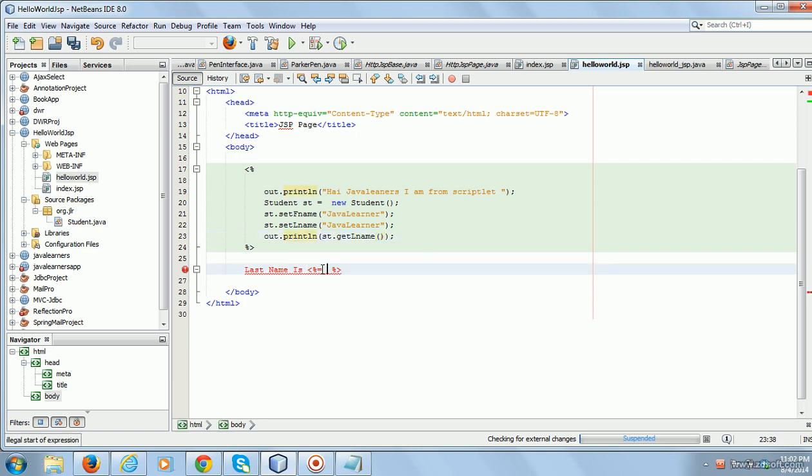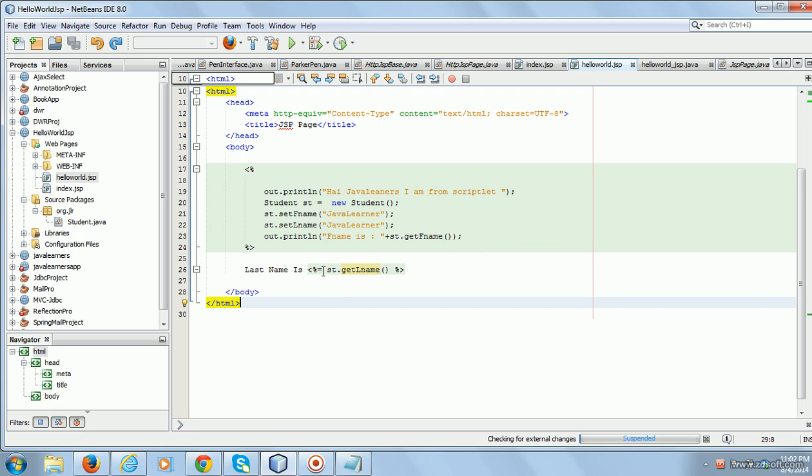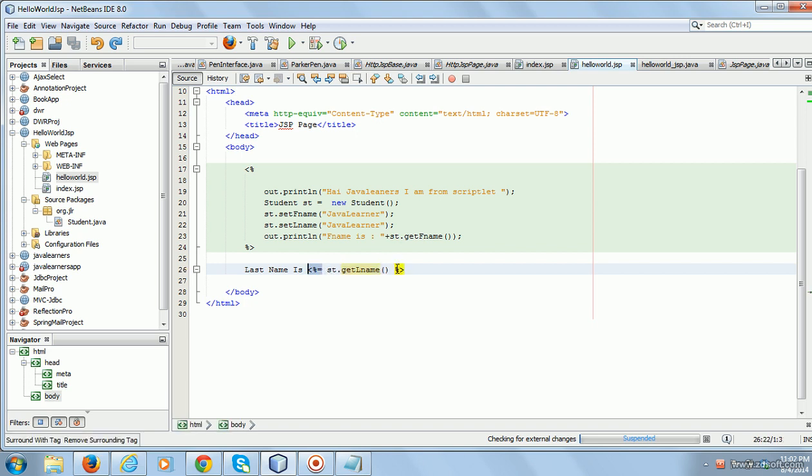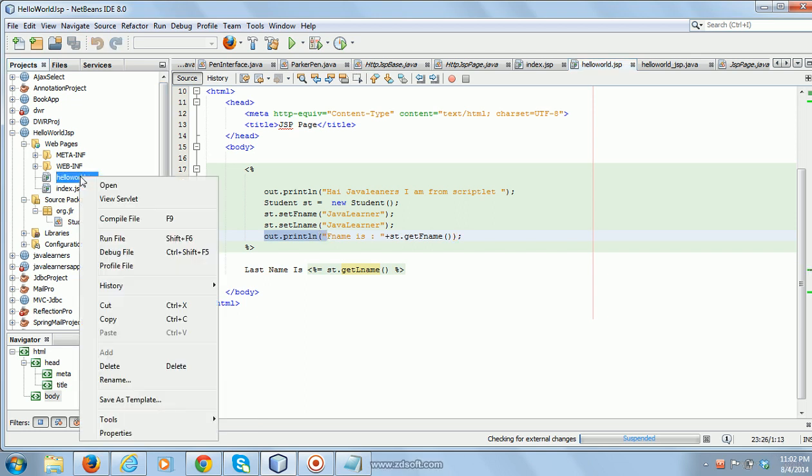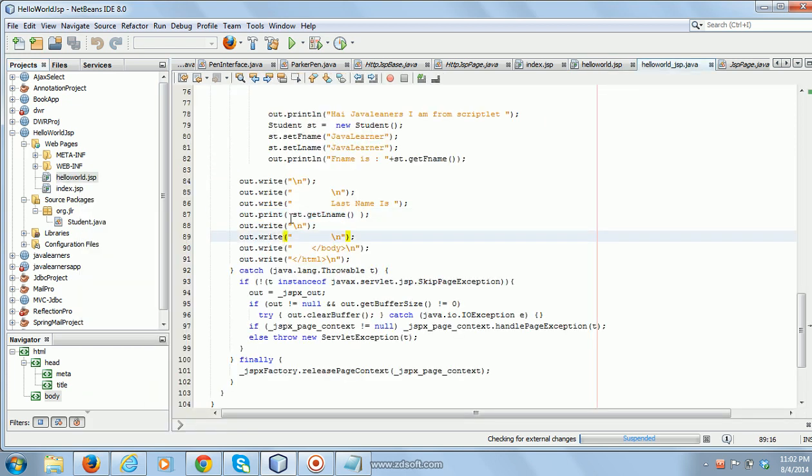This line is equal to this line. So when you write an expression tag, the content between the start tag and end tag will be given as argument to out.println internally in the generated servlet. Can you see? The st.getLname is given as argument to out.println in the generated servlet code.